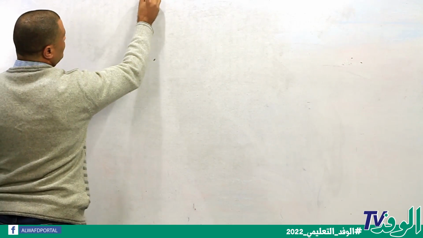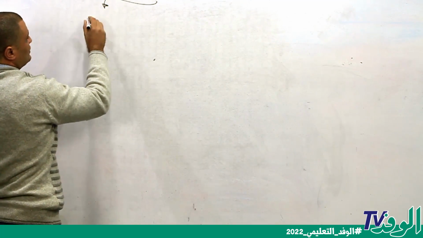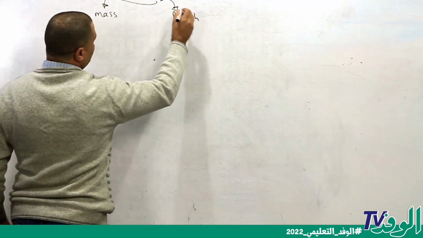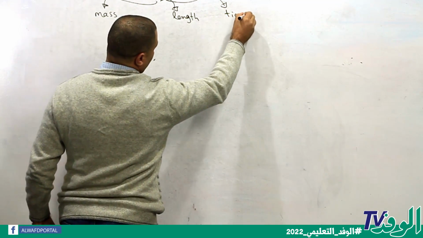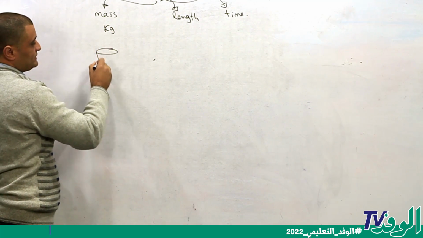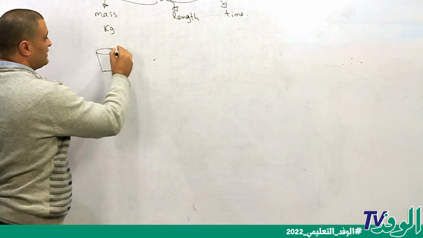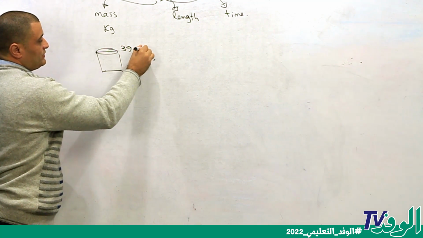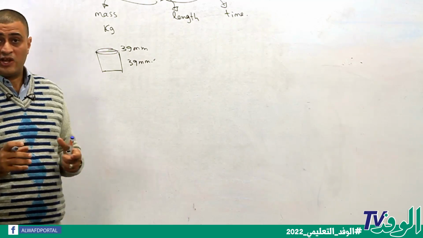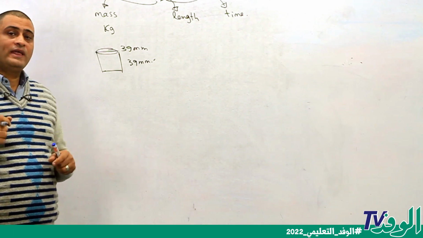Okay, now we will discuss the standard units. Here we have standard units for mass, standard units for length, standard units for time. For mass, the standard unit is a standard kilogram, which will be equals to a cylinder of platinum and iridium. This cylinder has a certain dimension, the diameter 39 millimeter and its height 39 millimeter. This cylinder is made of platinum and iridium alloy, especially platinum and iridium alloy, because platinum and iridium alloy is rigid and